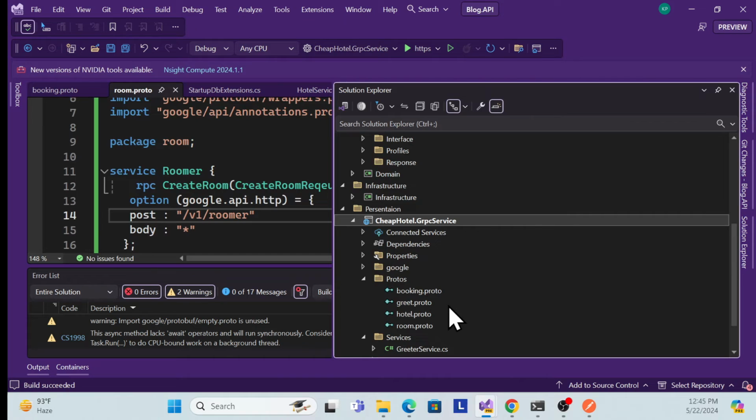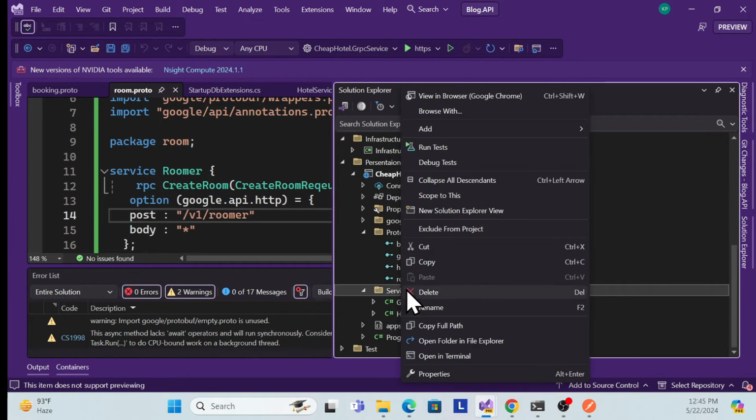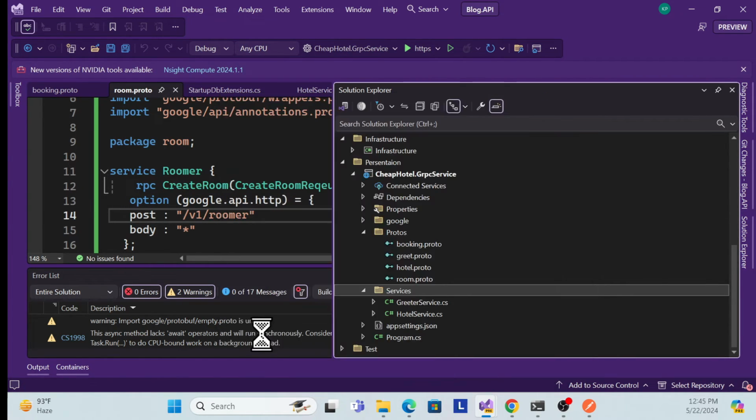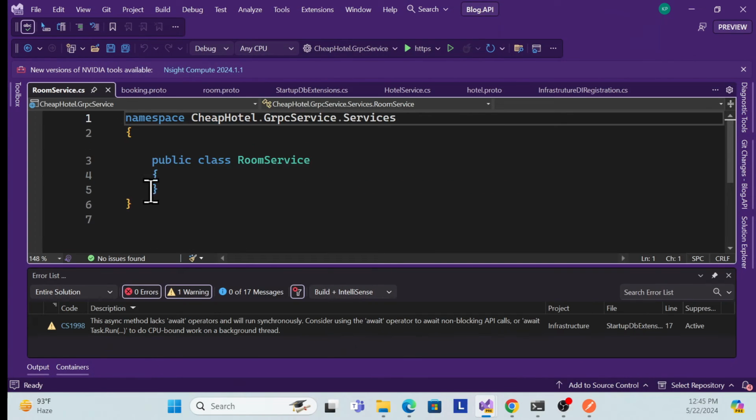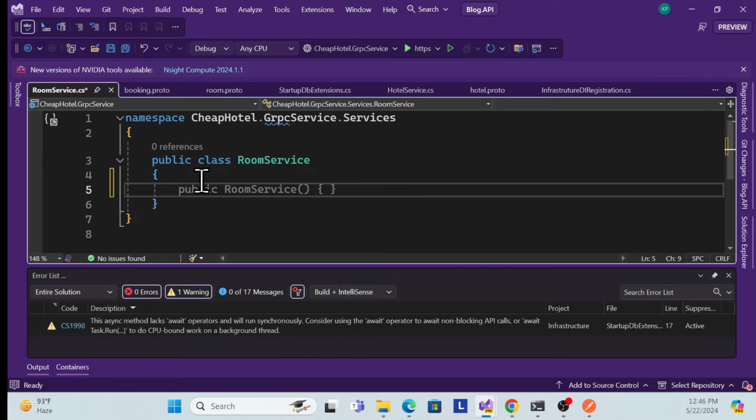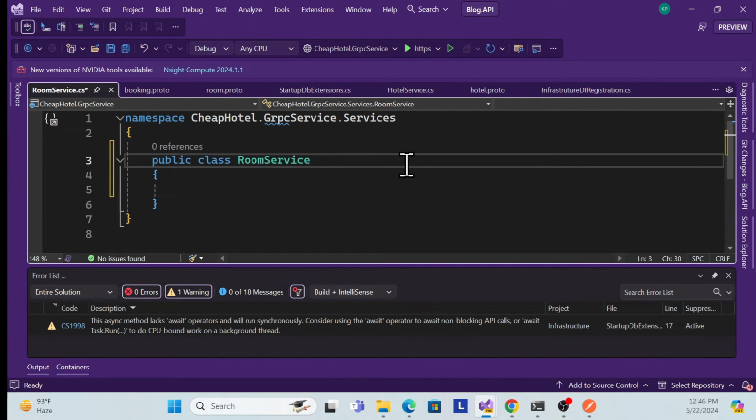Now we have to do the implementation, right? So go to the services again, you have to just create a new service, which is a room service, right? So quickly create that service name as a room service over here, edit, and similar things we have to do that. First let me inherit that hotel